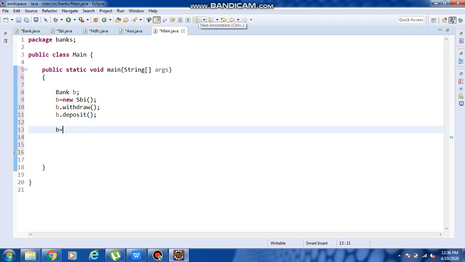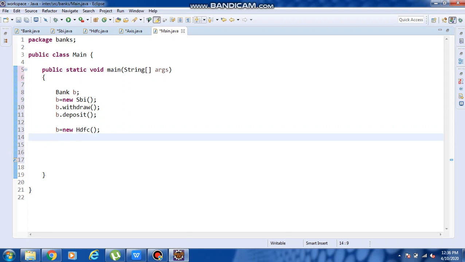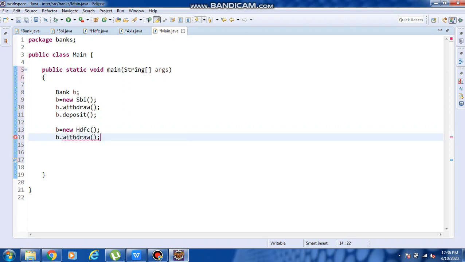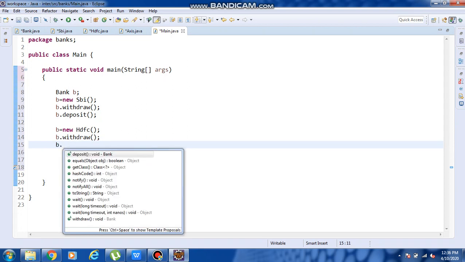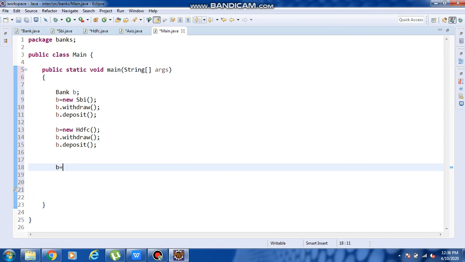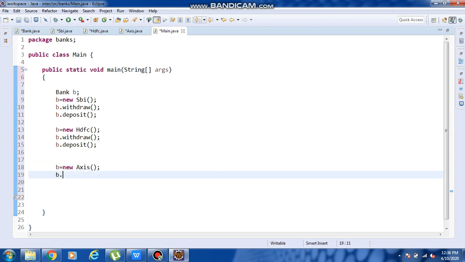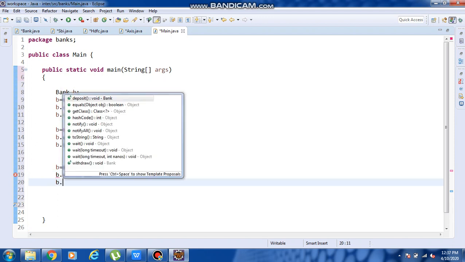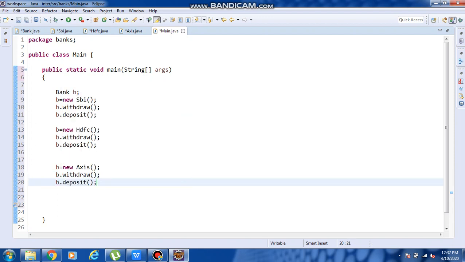Again B equals to new HDFC, B dot withdrawal, B dot deposit. Again I have another bank: B equals to new Axis, B dot withdrawal, B dot deposit.